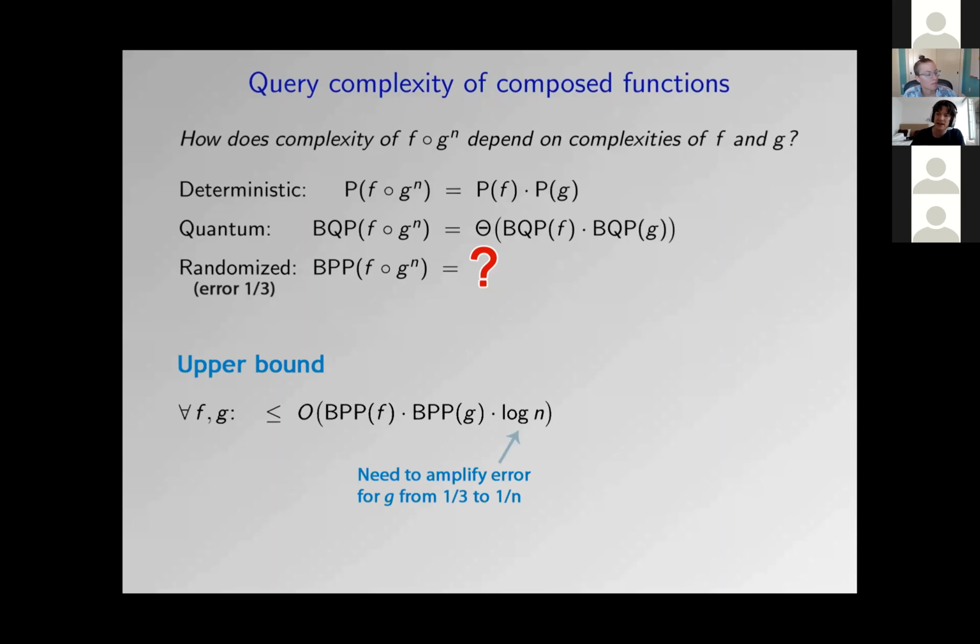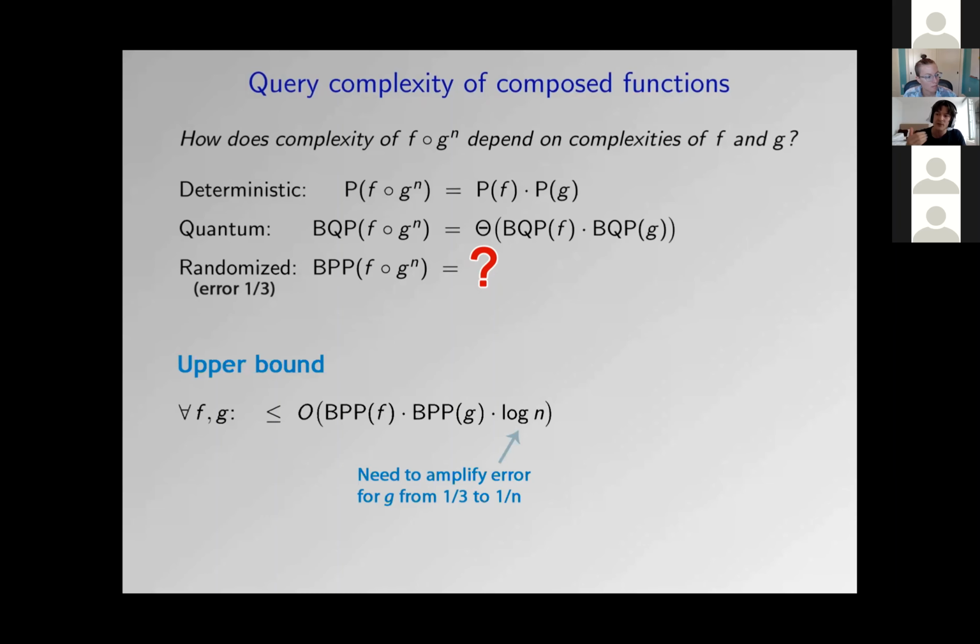If you remember back to the deterministic case, we invoked this decision tree for G as a subroutine. But now we only have a subroutine that is returning the correct value with probability 2/3. So again, 1/3 of the time, maybe it gives back the wrong answer. And now we have several subroutines for many copies of G. They're all giving me 1/3 error. So if I keep invoking them, it's very likely that some of these subroutines are giving me wrong answers. And that's why the construction gets stuck.